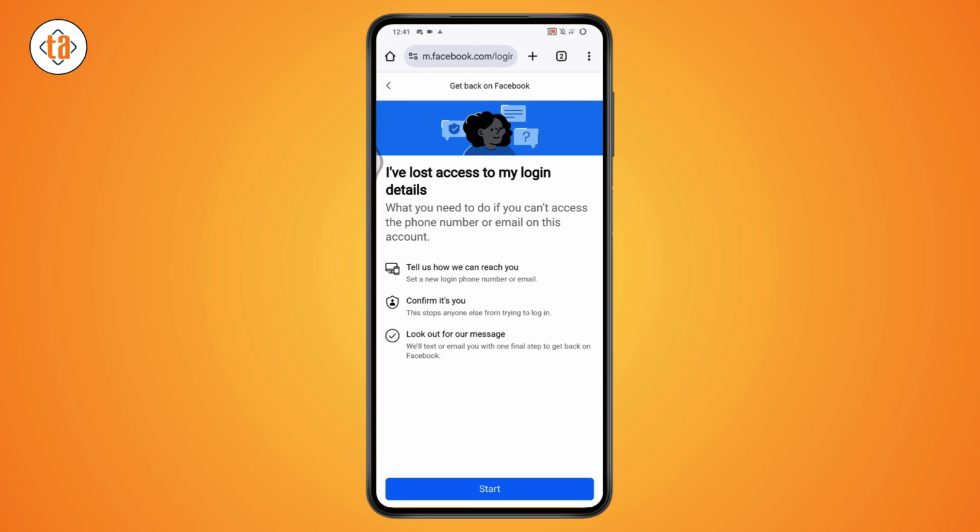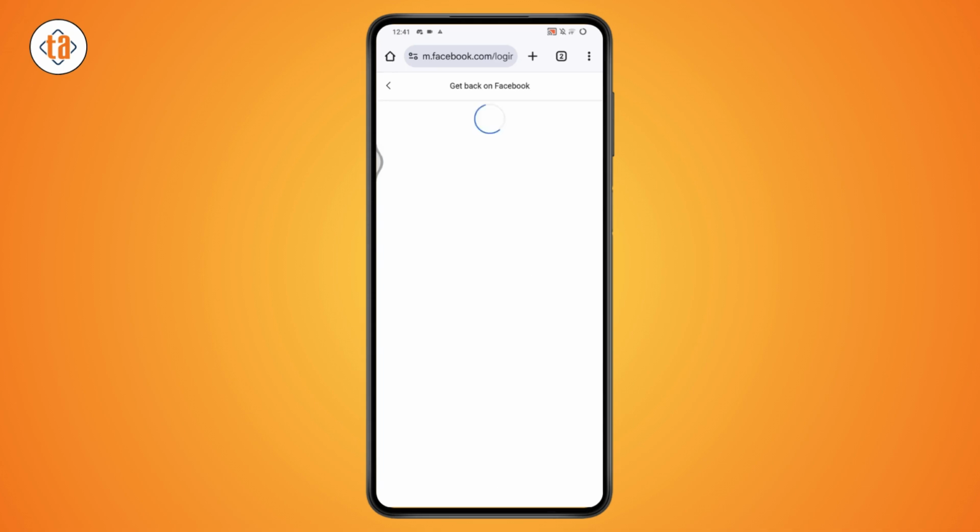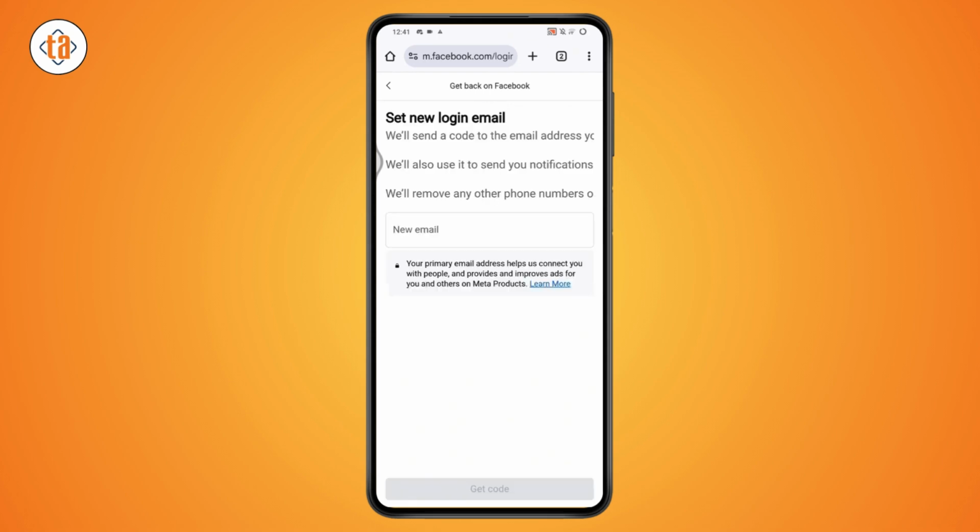So if you're okay with these steps, or if you're able to do these steps, then you can go with start, which is on the bottom. And the first step is you need to set your email or your mobile number. So you need to enter your new email or your mobile number that you will use on your Facebook from now onwards. And after that, you need to go with get code, which is on the bottom, and you will